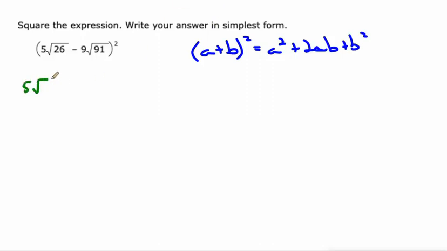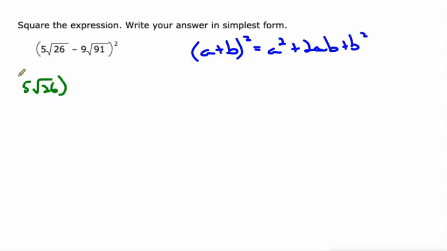One more, I wanted to show you one where we've got a binomial squared. Maybe you remember from when we had special products with quadratics. We had a rule that said a plus b squared is a squared plus 2ab plus b squared. You could do this one with the distributive property like we just did the last one, but I think this pattern's an easier one to go with. So a is 5 times the square root of 26